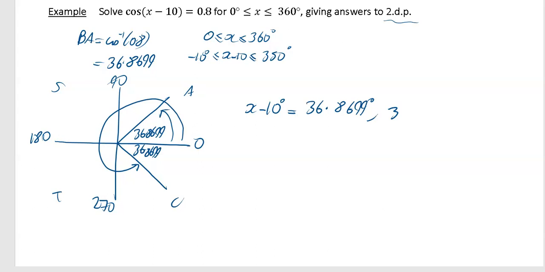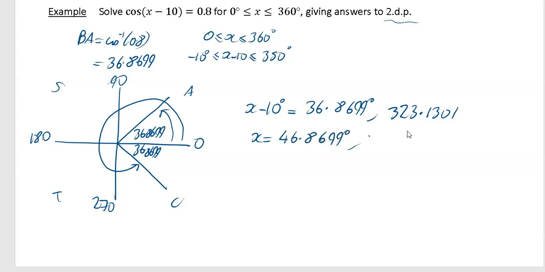So we'll go through that again. Our x minus 10, this was our angle, remember. X minus 10 was equal to the first one, which is 36.8699 degrees. And the next one, to get this one, it's 360 minus the 36.8699, which worked out to be 323.1301. Your last thing to do is to bring that minus 10 across, and it adds to give you